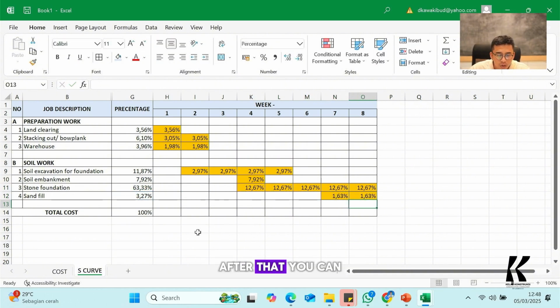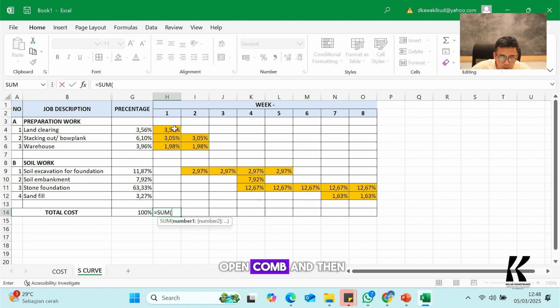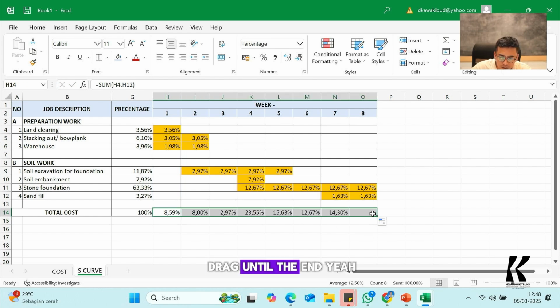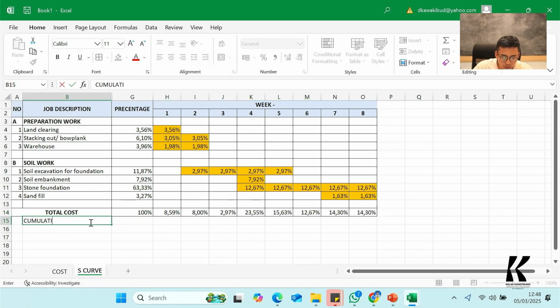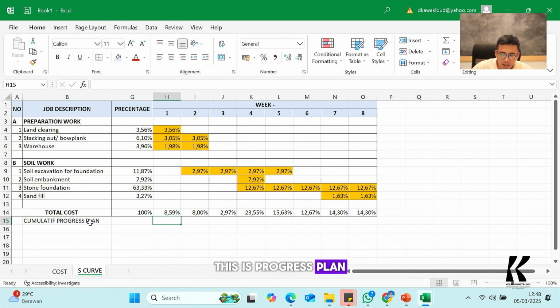After that, you can go to this column, make equal sum, open and then you choose all the data like this one, enter, and then you drag until the end, yeah. And then you make the cumulative progress plan, yeah. This is the progress plan.